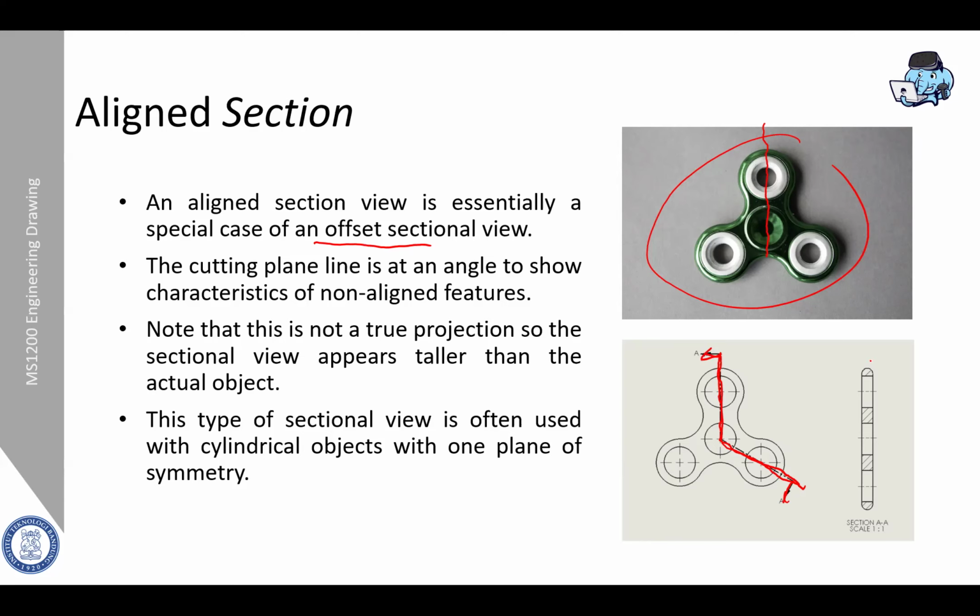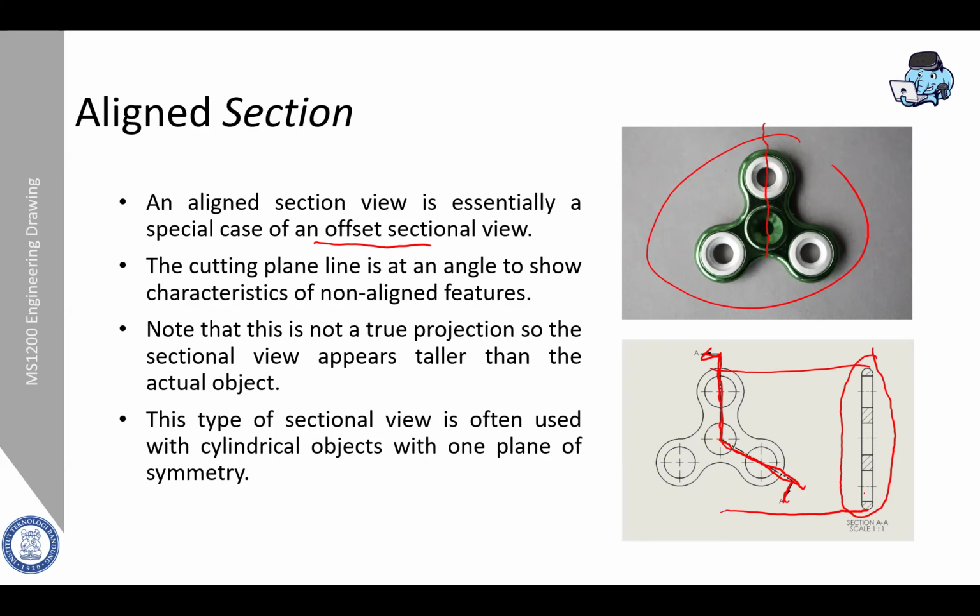So you can see this is actually the aligned section. So you can see it is taller than the actual object.